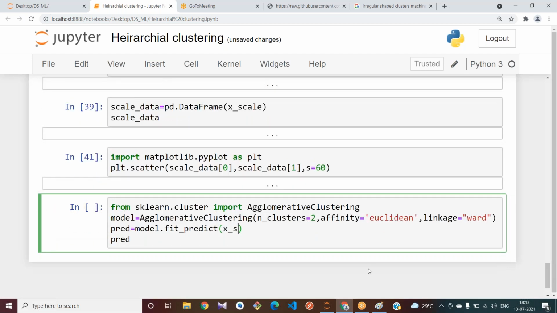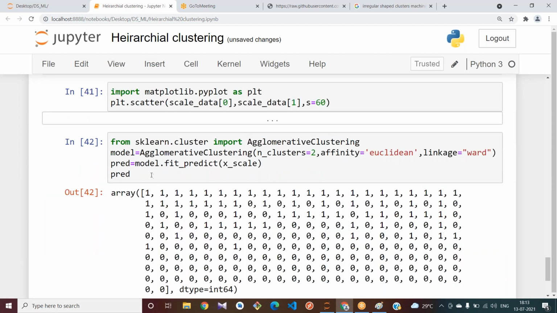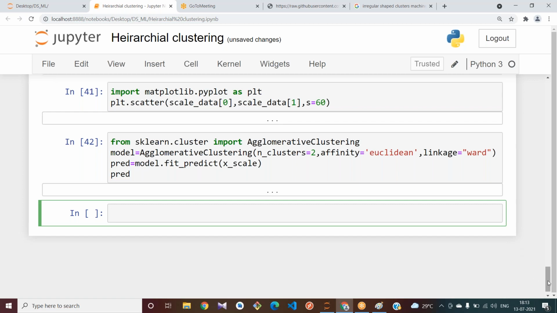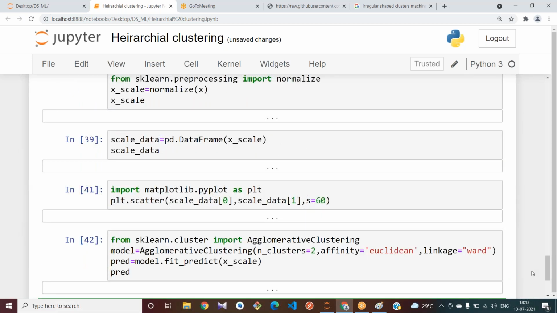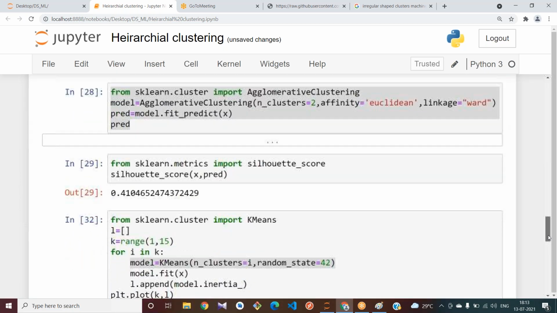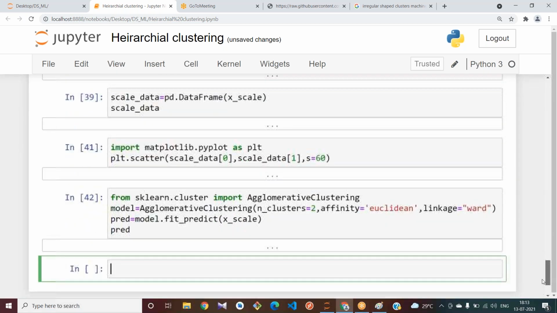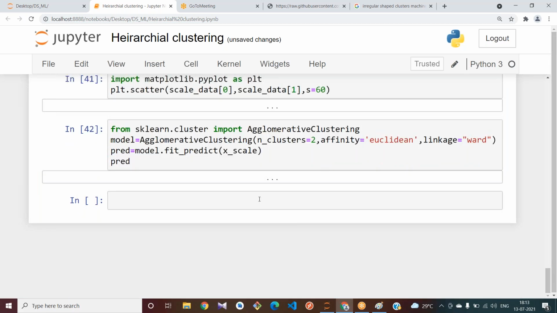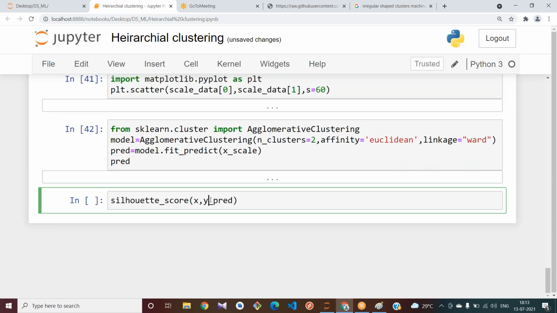X underscore scale. If I try to see my Silhouette score, let me copy here. Here I have to use only predict and X underscore scale.